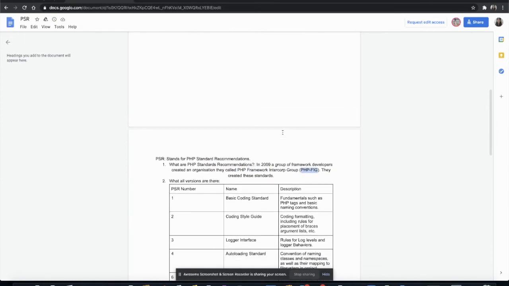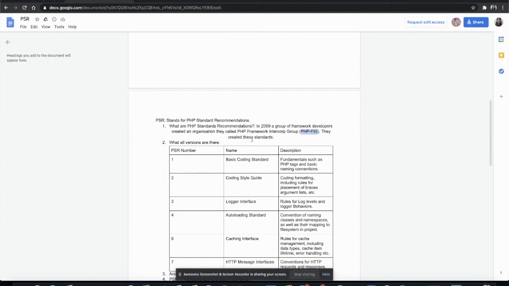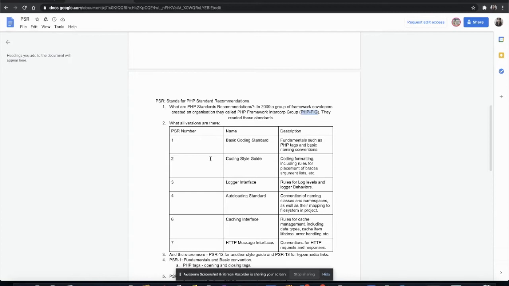Suppose a developer is working on software with the perspective that it can have integrations in future. There is a possibility that other developers can work with that software. So software built on PHP must follow certain standards so that it is easier for other developers to go through or understand the code. With that intention, those developers created this group.